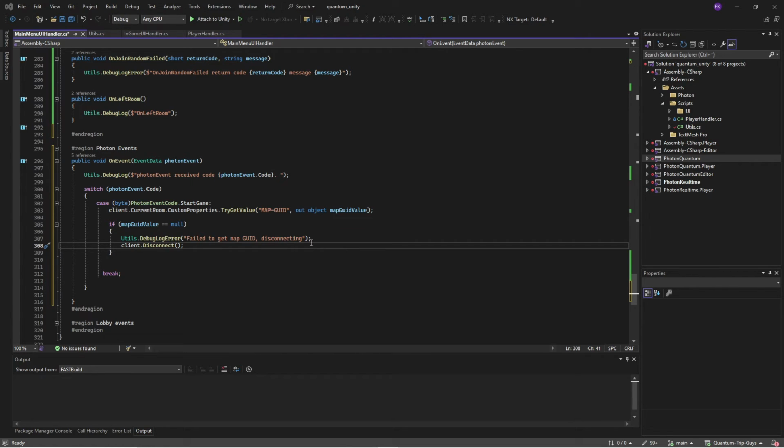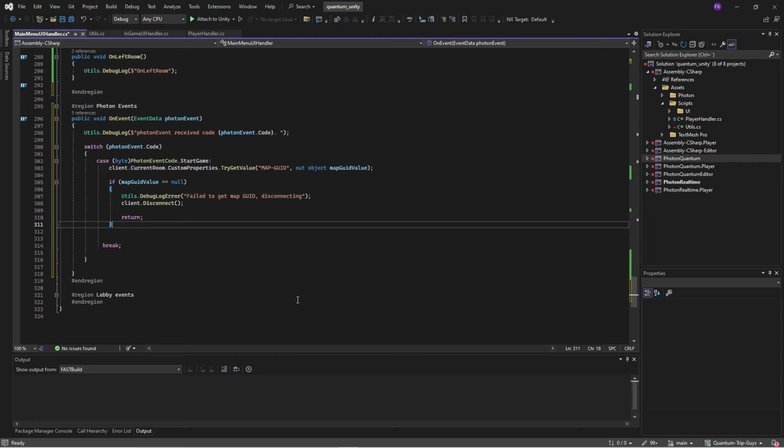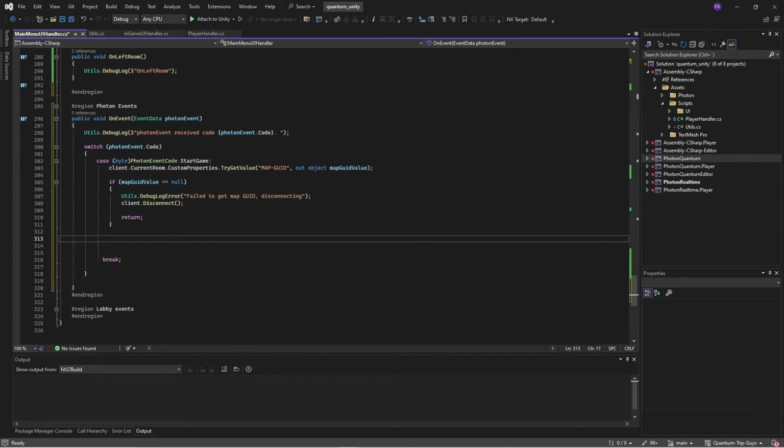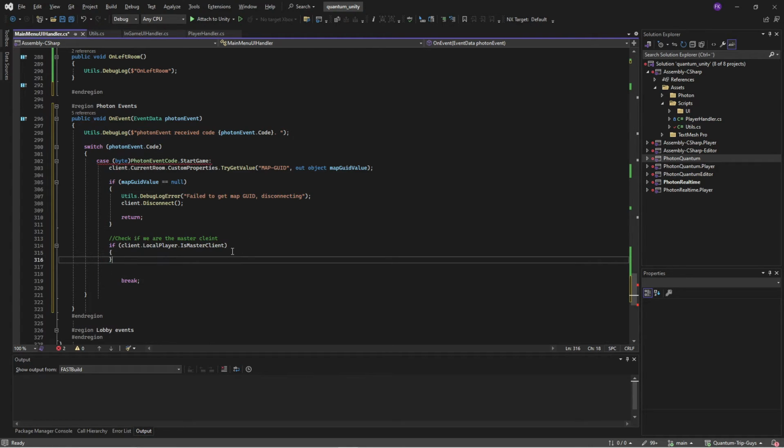And actually, let's return as well, so that we're stopping the processing. But if we are green and everything is okay, we have the map, then let's check if we are the master client. So we'll check if we are client, local player is master client. And if we are the master client, then we want to provide some information